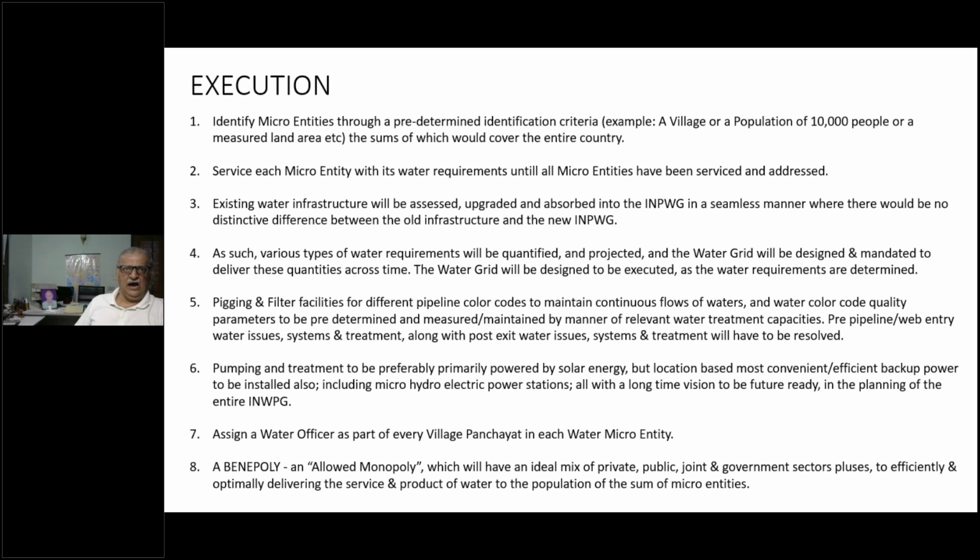Every 500 yards or 1,000 yards, the guard come plumber will be given a job to take care of his 1 kilometer of pipeline, and they will all have to coordinate. And then you will have all sorts of other jobs, like the water officer, who will report all the water parameters to the headquarter of INWPG, and software engineers,